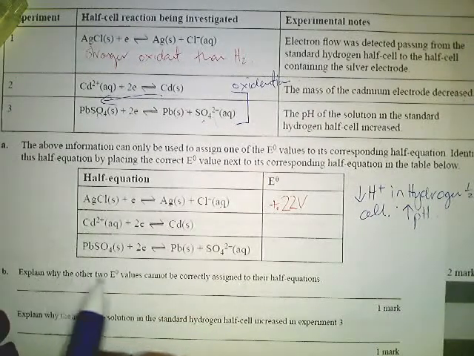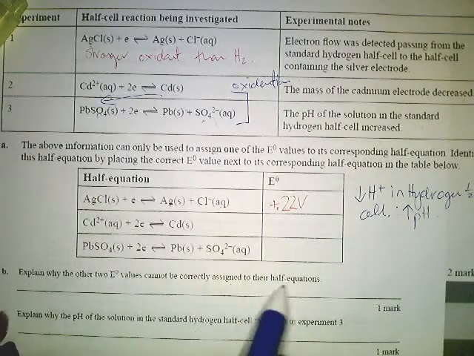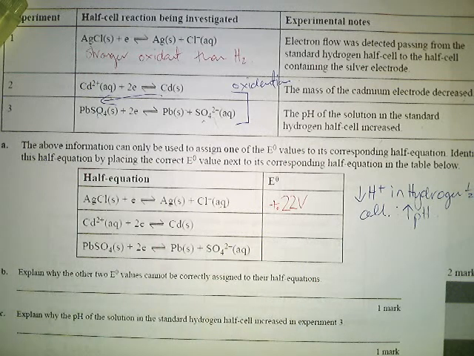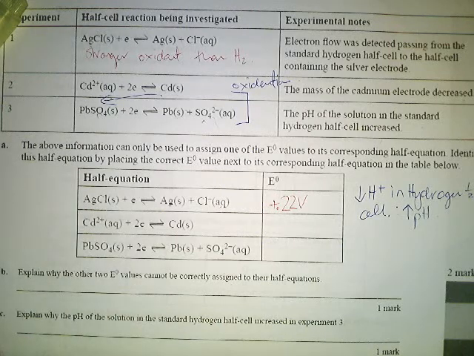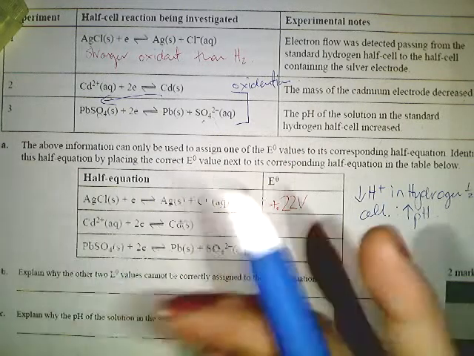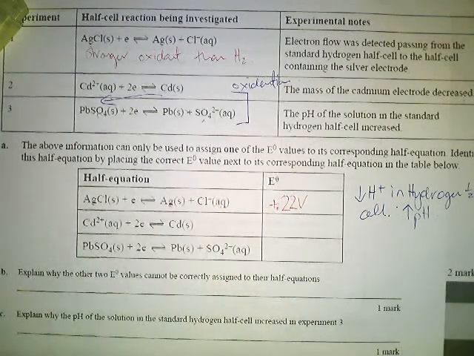Questions. Explain why the other two values cannot be assigned to the half equations. So for this type of answer, you really need to talk about the fact that the other two are actually stronger reductants, but because they're both negative, we would need to have a voltage to determine the difference. What I would answer